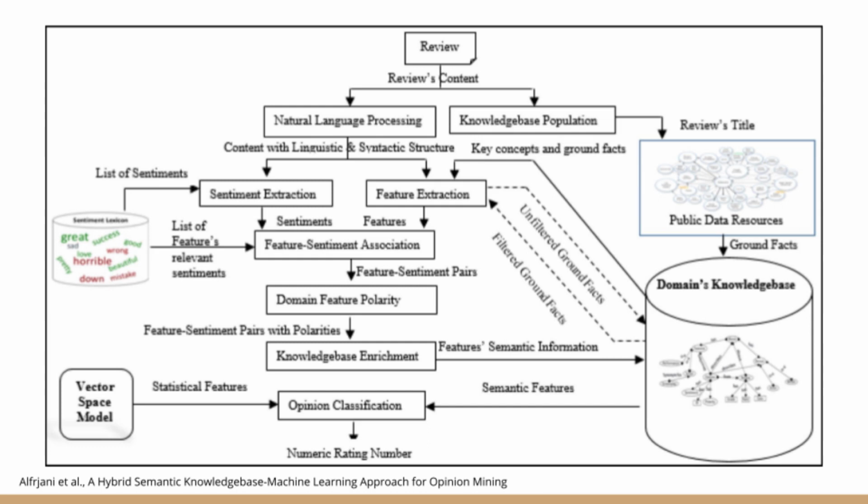In this model, an additional vector space model is created from the original review data to save the frequency of all the features appearing in the reviews. Features that have similar polarity values for their domain features can have their columns combined to create a less sparse matrix for the machine learning algorithm to handle, leading to a better training phase for the ML phase. And both semantic and statistical feature matrices are then concatenated, normalized, and passed to a review classification machine learning algorithm, which in this paper's case was a support vector machine. But it could be actually almost any classification algorithm that accepts matrices.